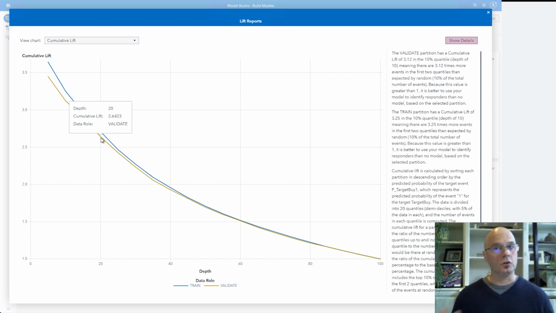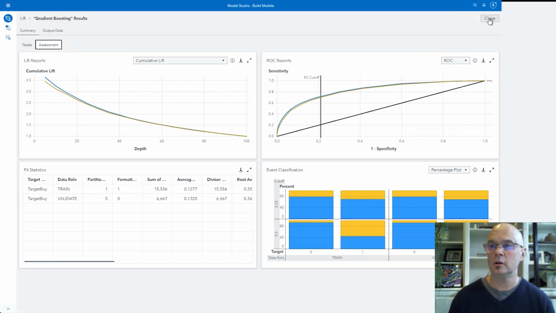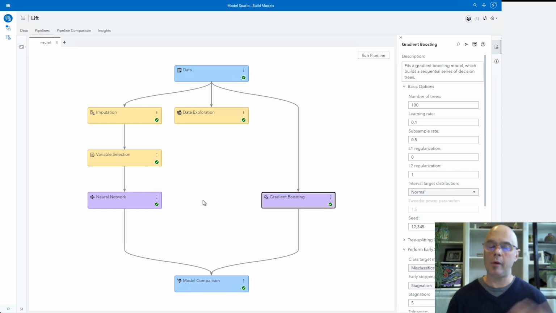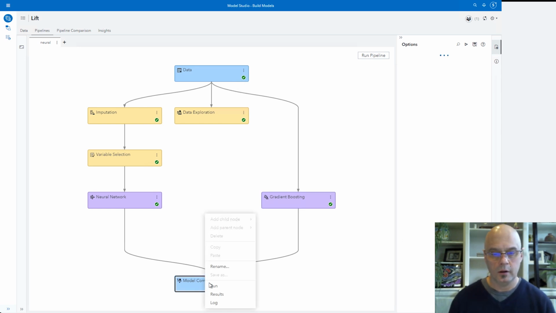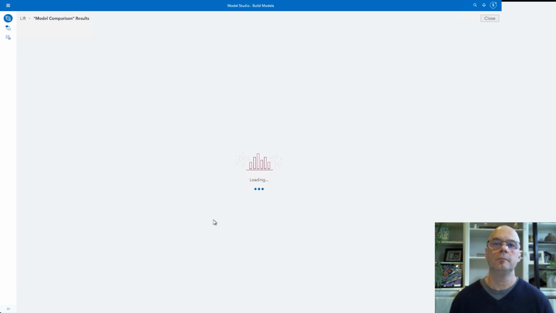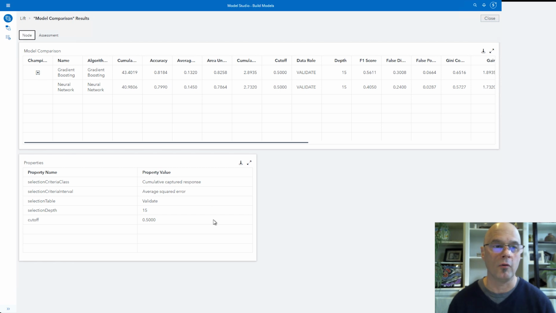All right, I've got 2 models on the workbench. I need to decide which one goes into production. Let's take a look at the model comparison results. We'll close that chart, close the results, right back to our pipeline. It's already been run. Let's look at the results of model comparison. The first thing we're going to see is a table that provides numeric values of model performance based on some numeric metric. The gradient boosting model is picked as the champion from the pipeline. That's okay. I want to assess things graphically using lift. So we'll go to the Assessment tab.